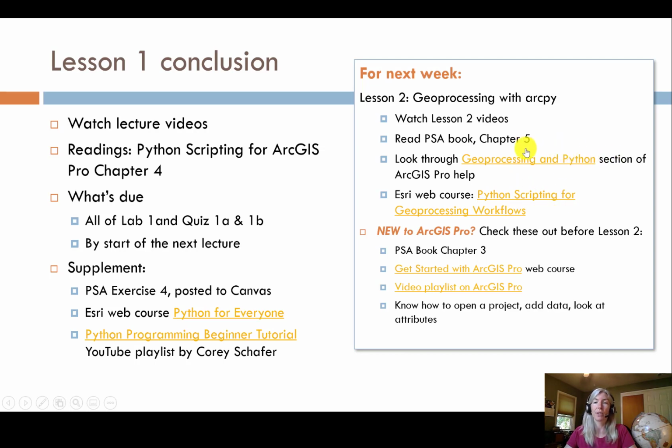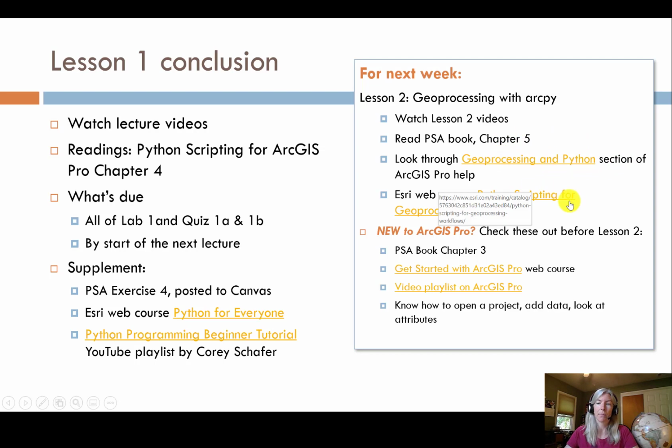There's a really great help section. That's one of the reasons why we start learning GIS for Python with ArcPy, because the documentation is really great and it's easy to get comfortable with all of this stuff, kind of going for the easy win. So take a look at the help section, and we will be using the online help section heavily in the